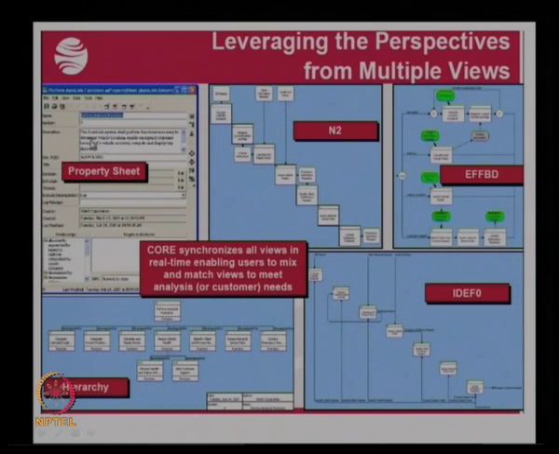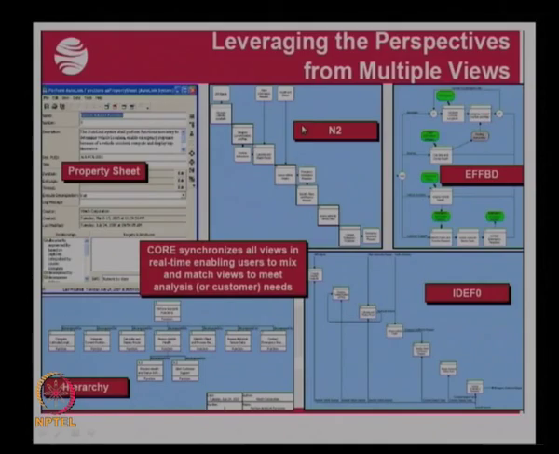sub functions. So this will give you a functional hierarchy of the system, or you can have a property sheet for each function. You can describe the details and then find out where this particular function came from, what was the requirement on which the function was developed. Or there are other methods called N2 diagrams. I will teach about this N2 diagram. Similarly, functional block diagram or IDEF0 diagram. These are all different methods of representing the behavior of the system or the requirement of functions.